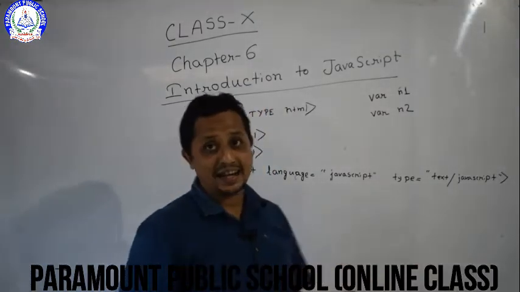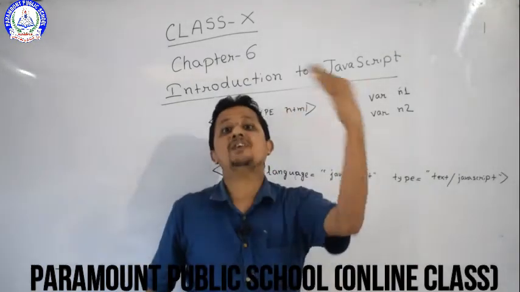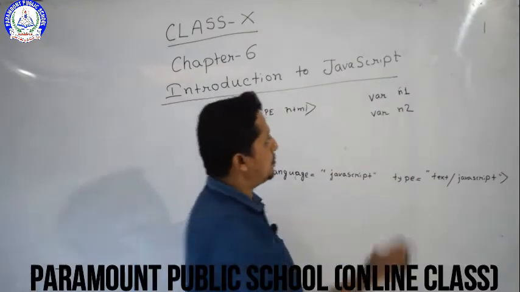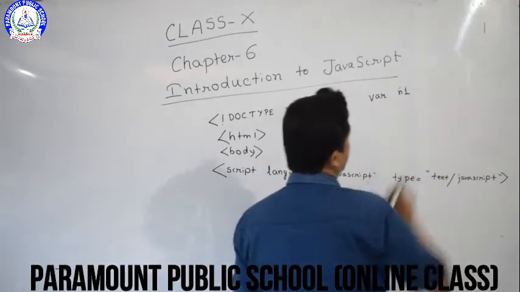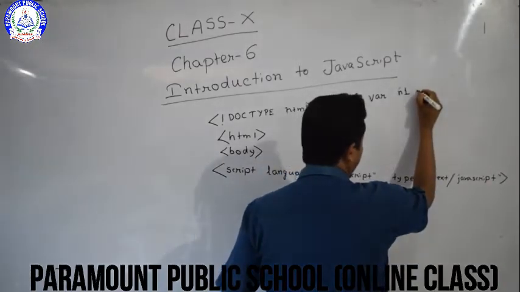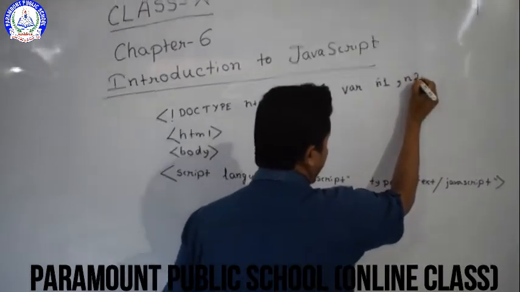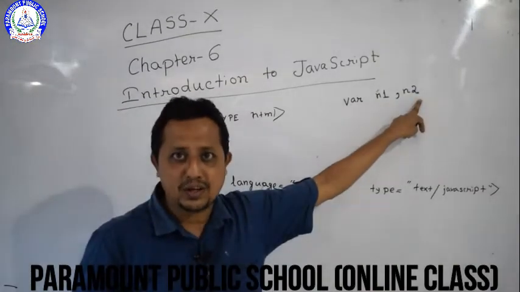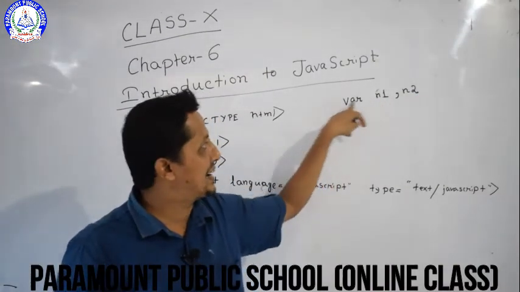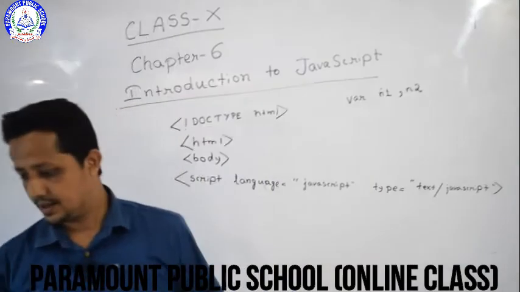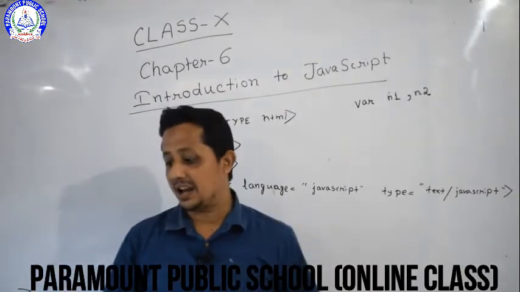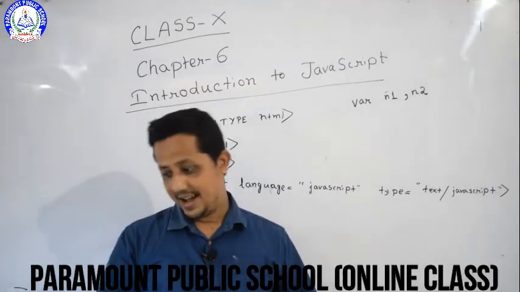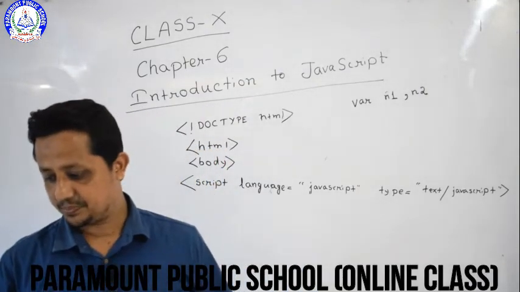This is how we can declare more than one variable, 2, 3, any number. So this is how we can declare more than one variable together, var n1 comma n2. Here n1 and n2 are two different variables, and they are declared together. In your book you will find an example like var marks comma total comma average.